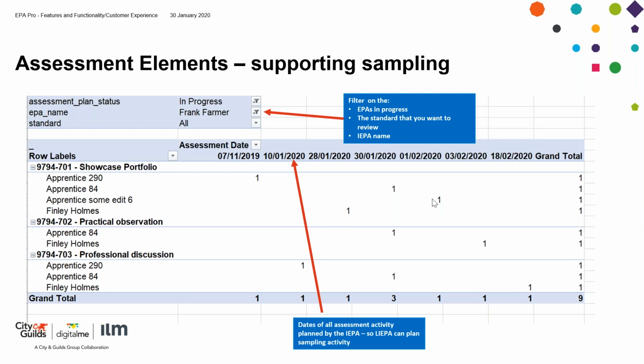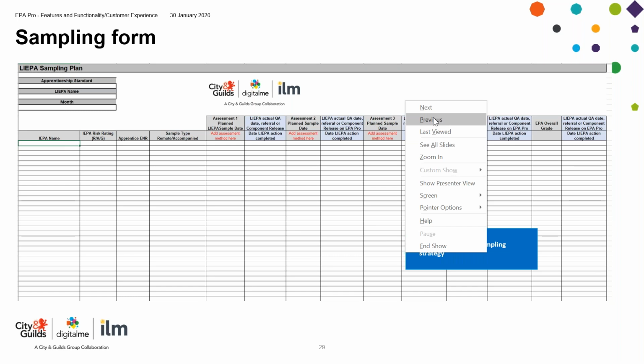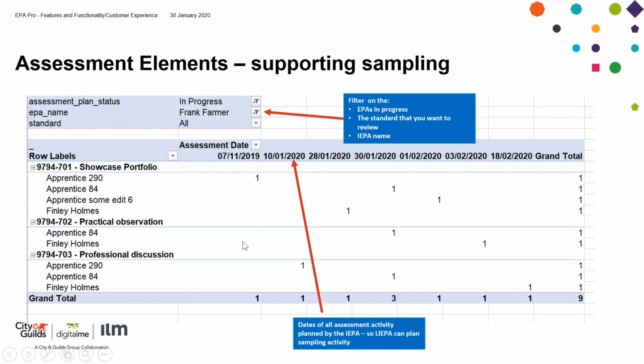I'm just going to do one more slide before we move on. I did show you this form. This is a form that Rebecca has shared with me, and I don't think this has been confirmed yet, but what Rebecca's working on is a way of putting together a sampling form that allows you to capture your sampling strategy of what you're doing with each of your IEPAs, and the information in the reports here will help drive that. There needs to be more work on that sampling form, but we did talk about that at the last session, so I wanted to show you that we're currently working on it, and as that evolves, we will share that with you.